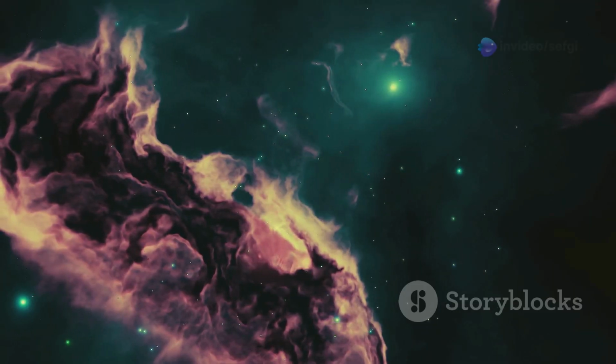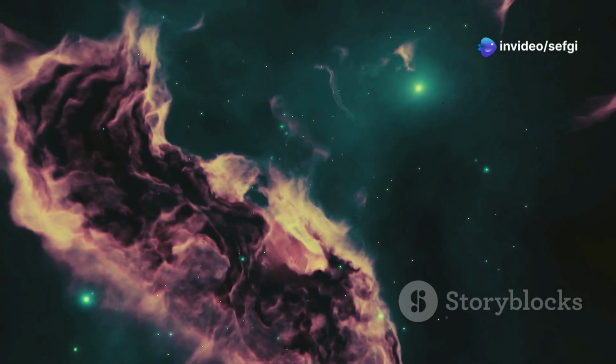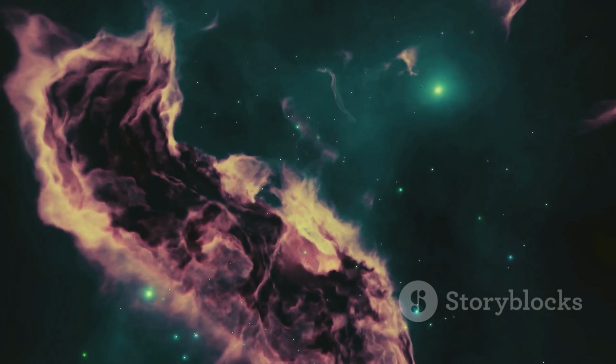As these regions collapse under their own weight, they heat up, creating pockets of intense energy. This process, known as gravitational collapse, is the first step in the formation of a new star. The collapsing material forms a protostar, a hot, dense core that will eventually ignite nuclear fusion and become a full-fledged